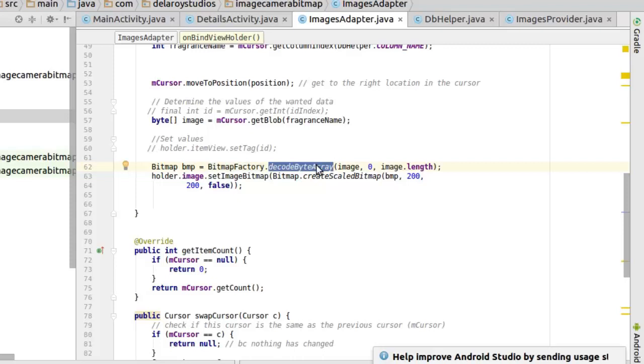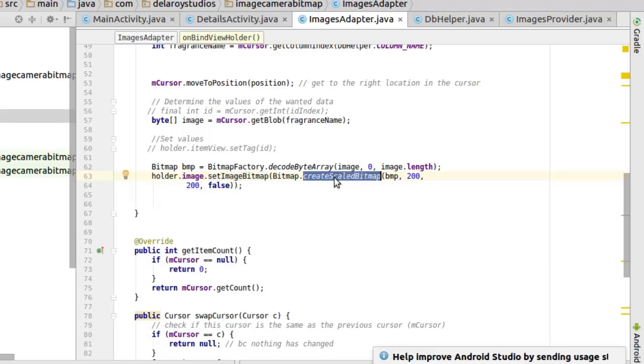We have to decode this, passing the image byte array as a parameter, an index of 0, and also the length, because it's an array which must have a length, the image length. Now you call the holder, which is the view holder, the image, which is the image view, and set the image bitmap